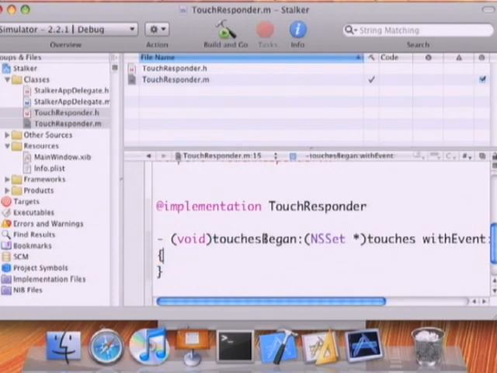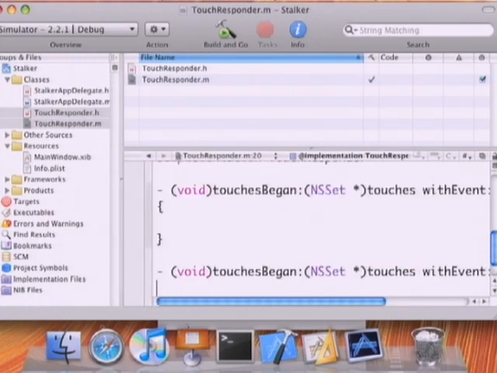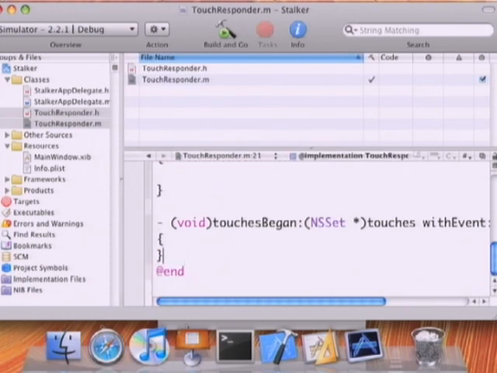Oh, yeah? We have a theory that we might have to do all three. Touches began, touches ended, touches moved. I'm going to try just touches began for now. Actually, let's do all three. It's only a second. This is on-the-fly coding performance at its best. So these are empty.